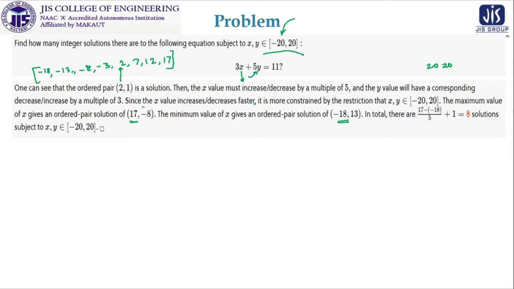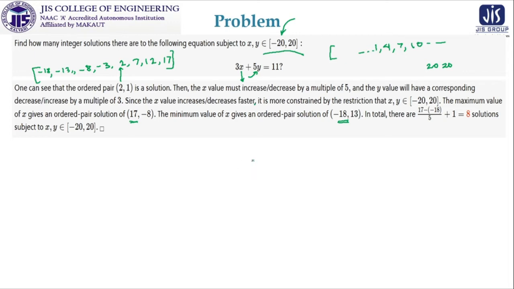Correspondingly, you can find out the values of y, because if you put 17 you will get the value of y, if you put 12 you will get the value of y, and so on. And you can approach this problem by y also, because your value of y is 1 and you know the increment and decrement of y is 3. So the range of y can also be calculated as 1, then 4, 7, then 10. In this way you can think.